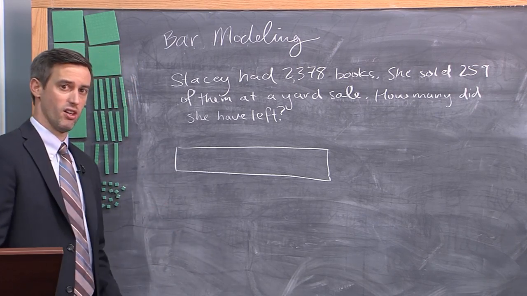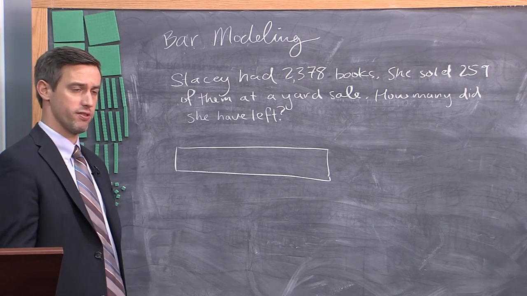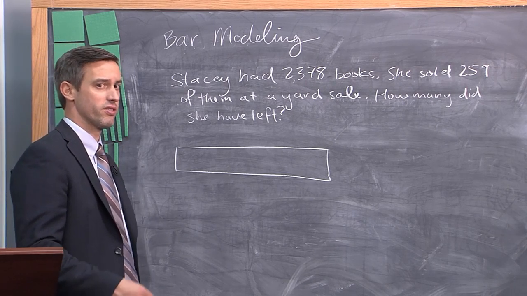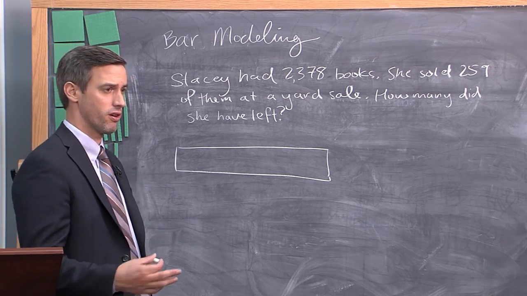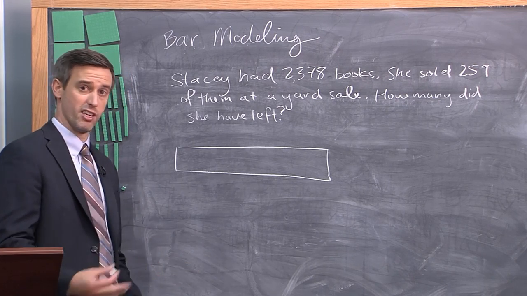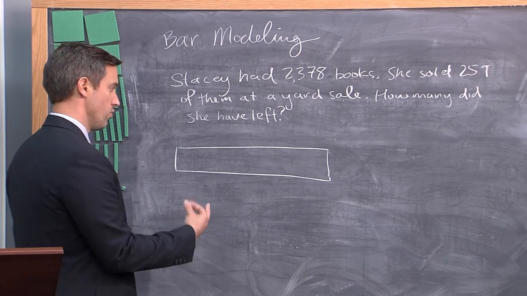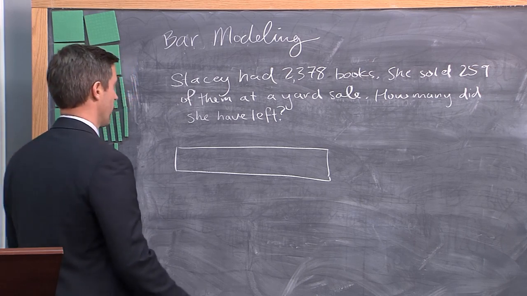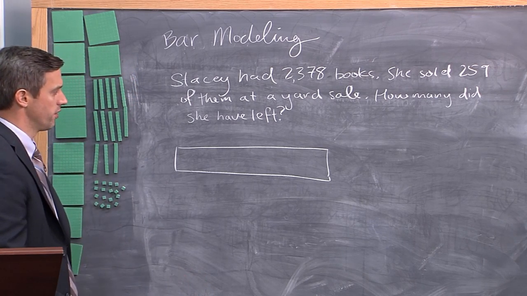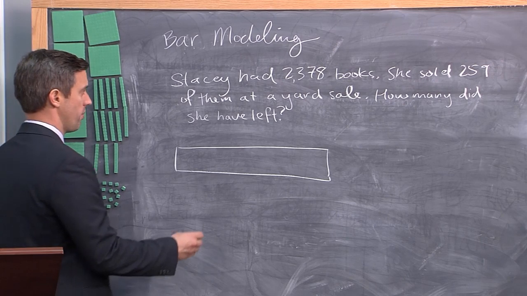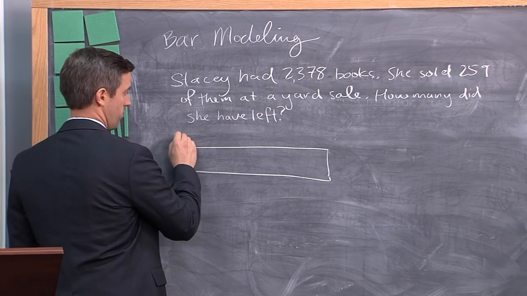That's okay. Allow them to really find their preference, and they'll start to recognize that it is true that there are certain problems that just lend themselves more naturally to one or the other. So this one I'm going to use a part-whole model on. So I have my total,